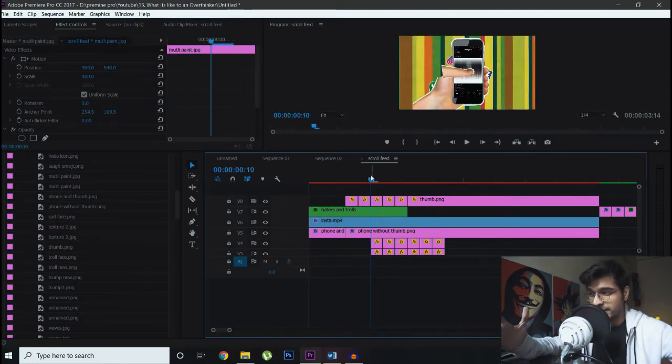So we're finally done with it. As you guys can see, it's no rocket science. It's only 3 things: its position, its scale and its rotation. You need to keep changing these as the frame progresses. I know it's a little bit time consuming, but that's what you have to do to achieve that little stop